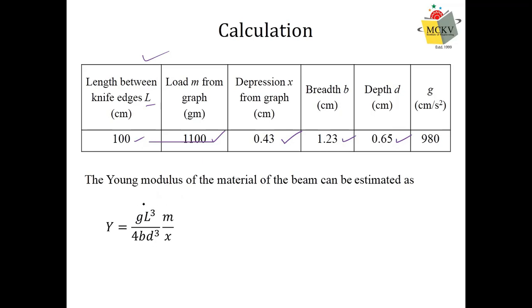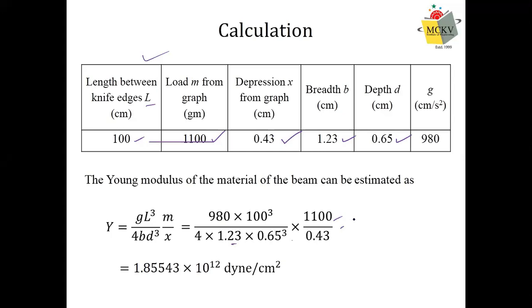Now all the values you will know, and we are using the CGS scale here. Therefore, put the values. g is 980 centimeter per second square in CGS unit. L is this. b, d, put the values. M is this. If we put all these values, then Y comes out to be this. Your calculator or whatever code you are using will give you some digits after the decimal point. Keep those digits, because this is not the final report we are writing. We need to estimate the significant digits, and accordingly we write our final report.